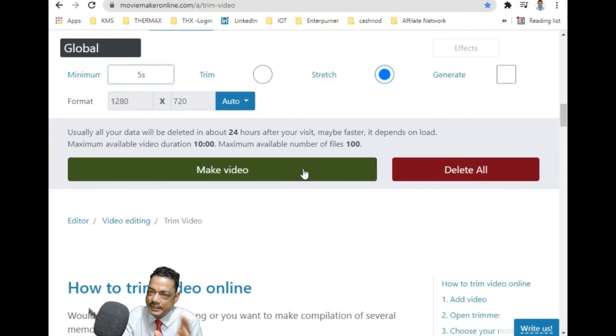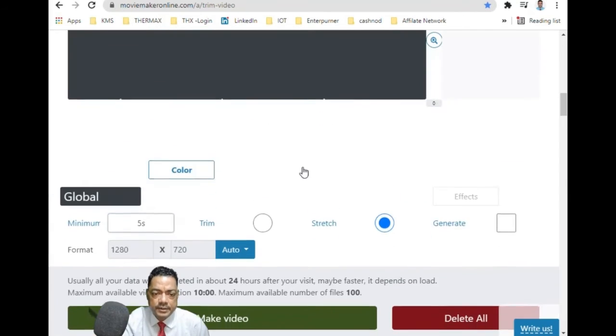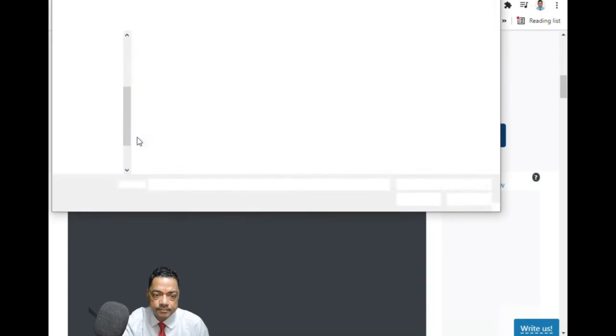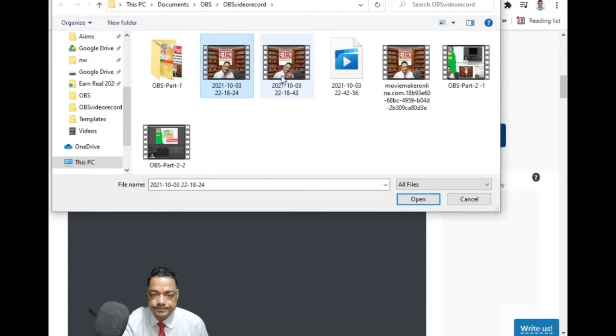So this is a very ideal software for creating a 10 minute video. If your video is larger, then you can make 10 minute videos and send them to me. I will join them and publish them on GANMate. Okay, now let me explain those two clips we have created. What you have to do is just add these files. These are the two clips.